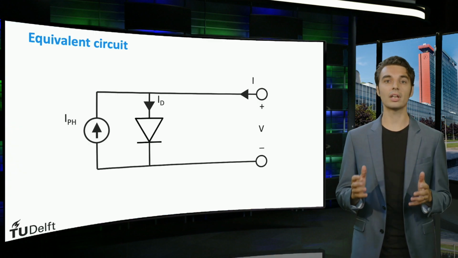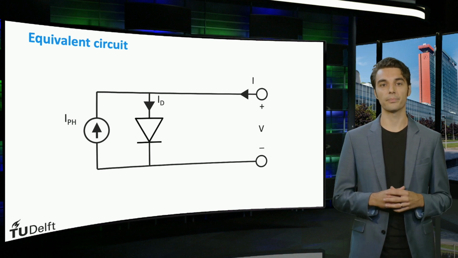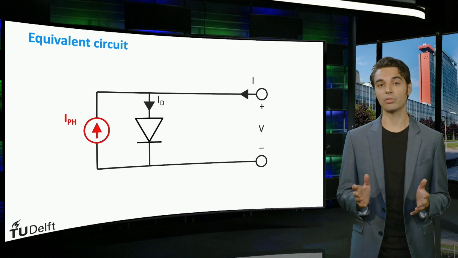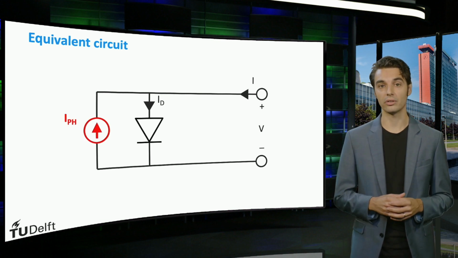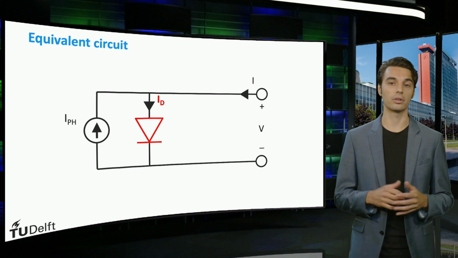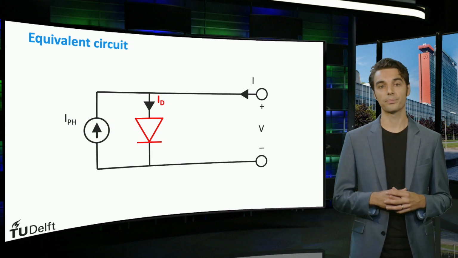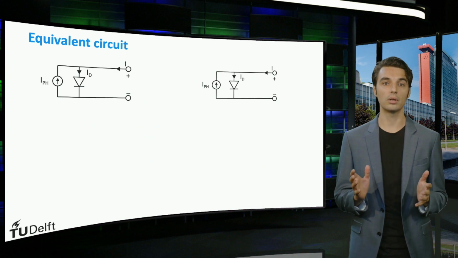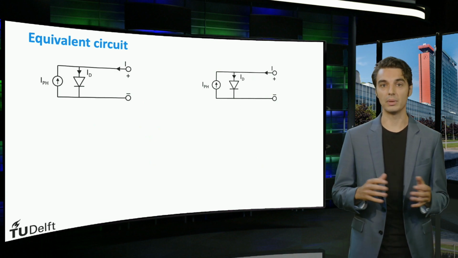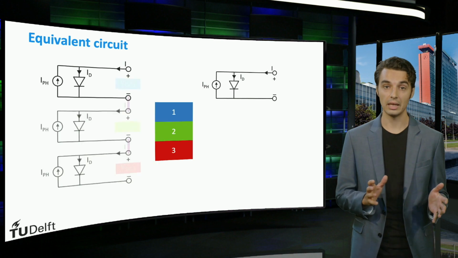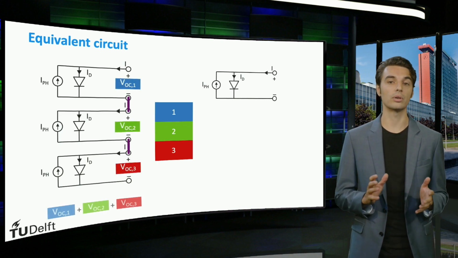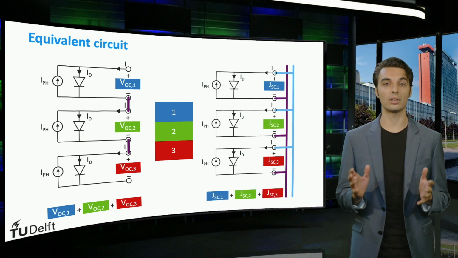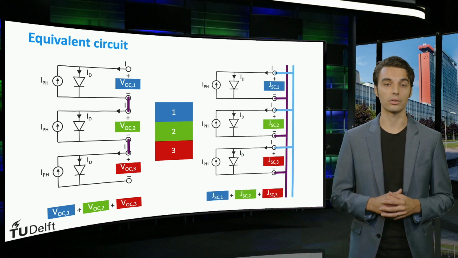We therefore look at the equivalent circuit of a semiconductor junction. As discussed in the first course of the solar energy program, IPH represents the photo-generated current density, while ID represents the dark current density or saturation current density. Each junction in a multi-junction device can be represented by a single equivalent circuit. This means that the junctions could, theoretically, be connected in series, or they could be connected in parallel. We can gather from the figure that the parallel connection requires electrodes between each of the layers.